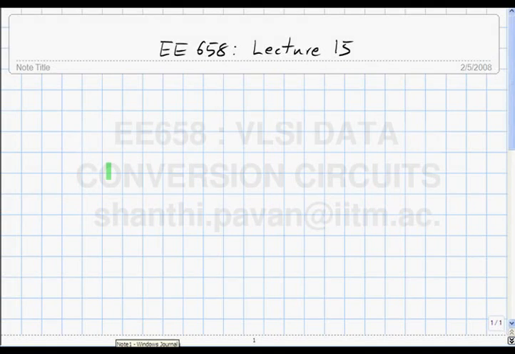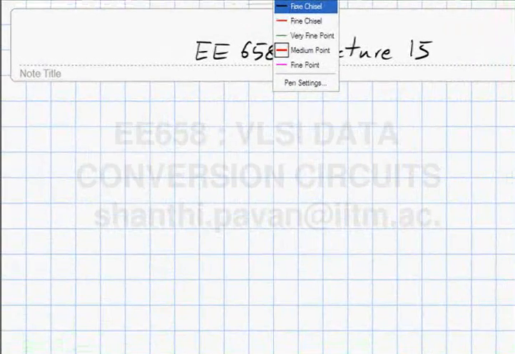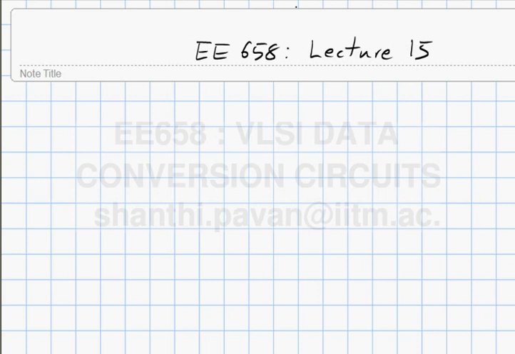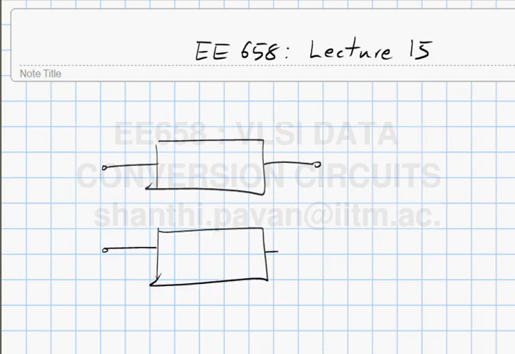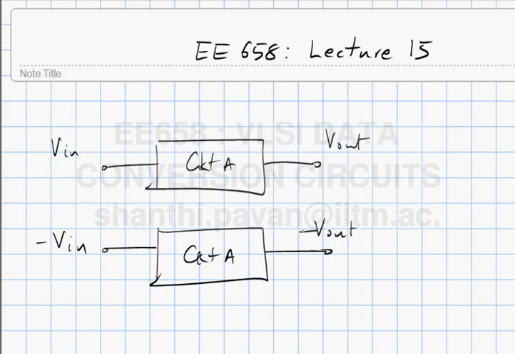Lecture 15. So in the last class we were talking about what is called differential operation. The basic idea was to take two identical circuits and operate them in antiphase as follows. If this happens, then we saw that any noise from, for example, the supply, maybe there is some parasitic